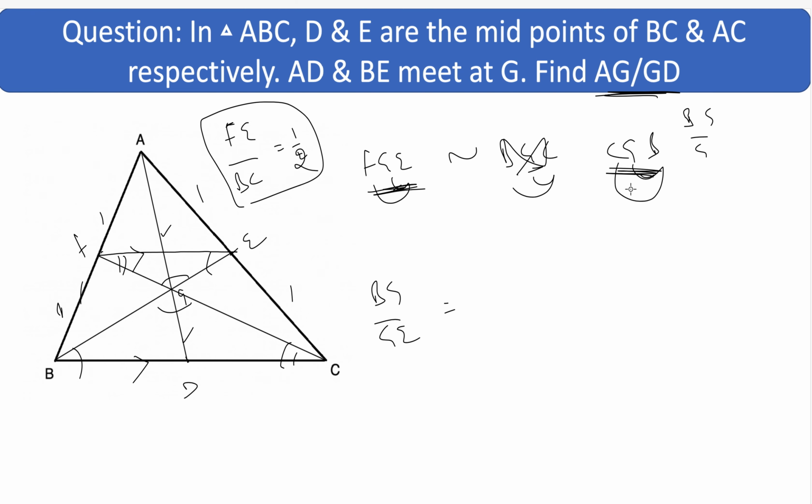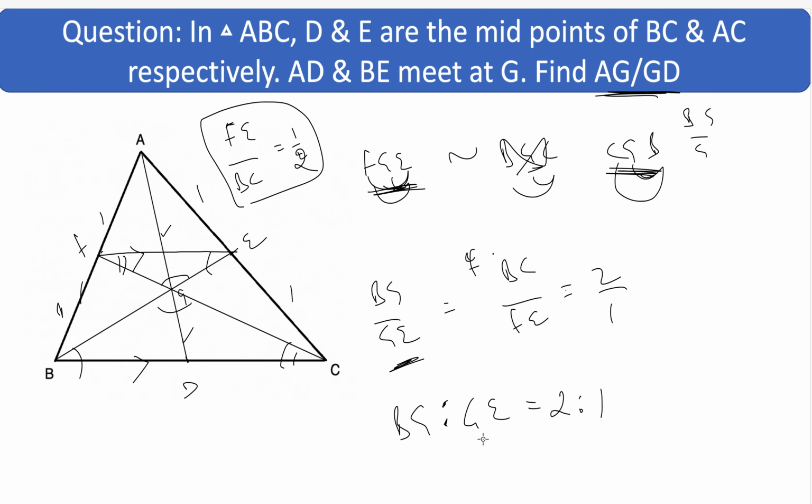Okay, so BG by GE, do we have FE here, FE first and third? And BG was here first, okay. So BC by first and third, FE. BC by FE will be 2 because BC is twice of FE. So now BG by GE is 2 or 2 by 1. This we discussed in the previous video also, the basic video, how the centroid divides the median.